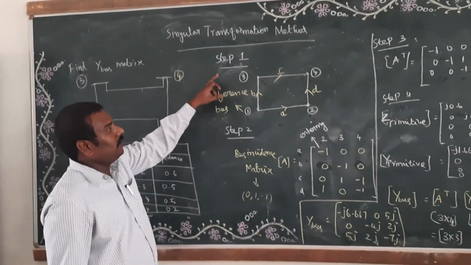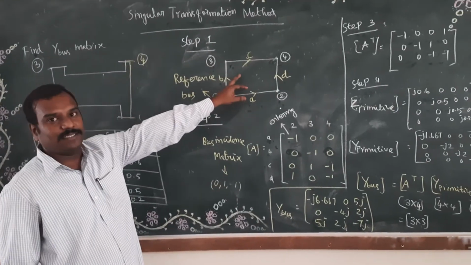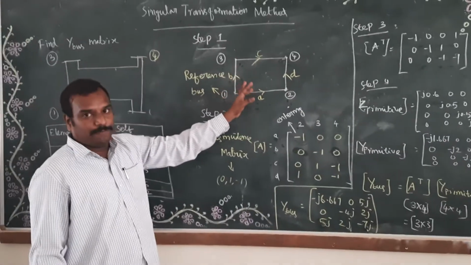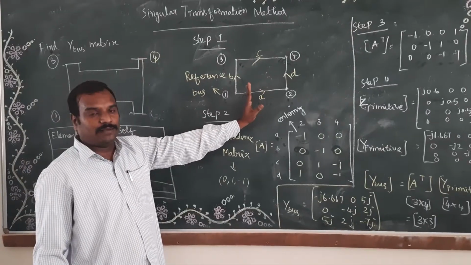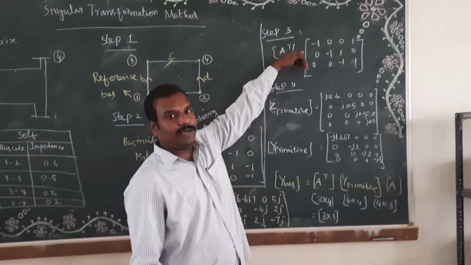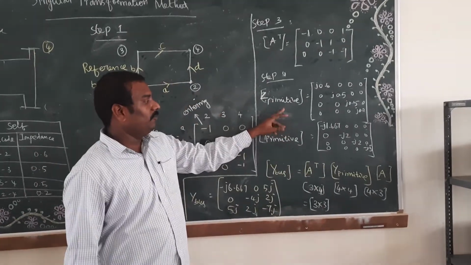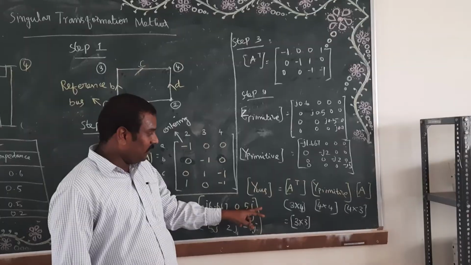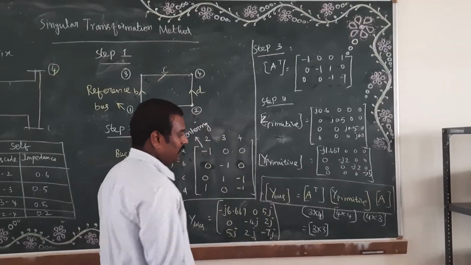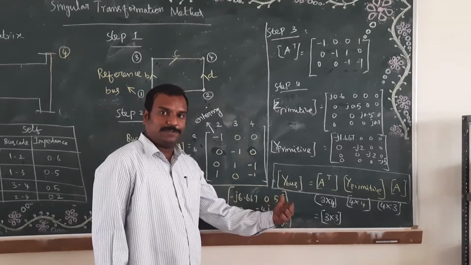Right. Step number 1, we have to draw the oriented graph. So 4 nodes are available, and I marked the 4 nodes. Each transmission line has been converted into an edge, and I named each edge A, B, C, D. I have put arrow marks. From the arrow marks, we develop the bus incidence matrix, that is the A matrix. From the A matrix, I am getting A transpose. Then Y primitive I have to find. Since the given value is positive j, it is Z primitive. From that, I am converting to Y primitive. And finally, I am using the formula which we have seen in the regular classes. Using this formula, I am just multiplying. Finally, I am getting the Y bus matrix, these 9 values.